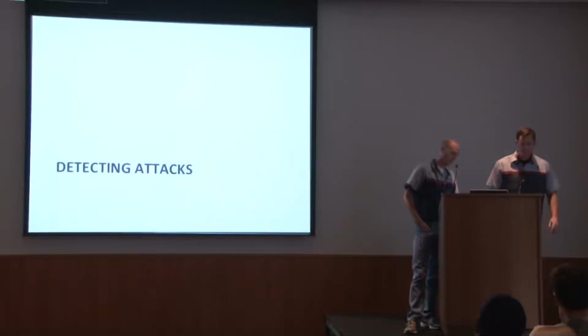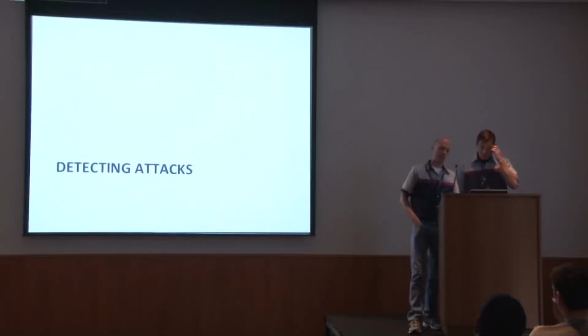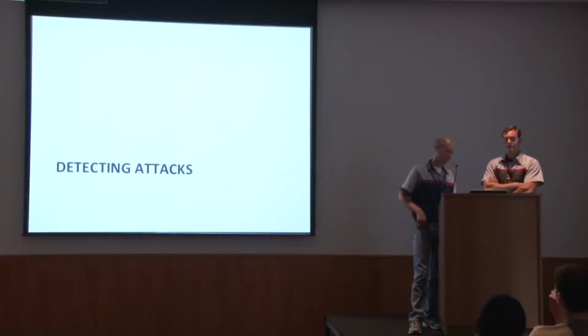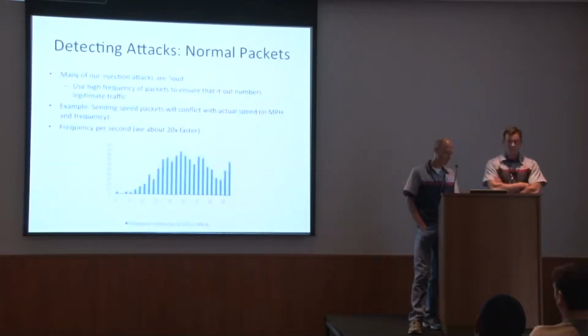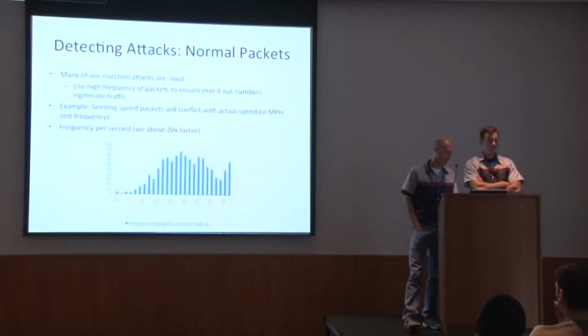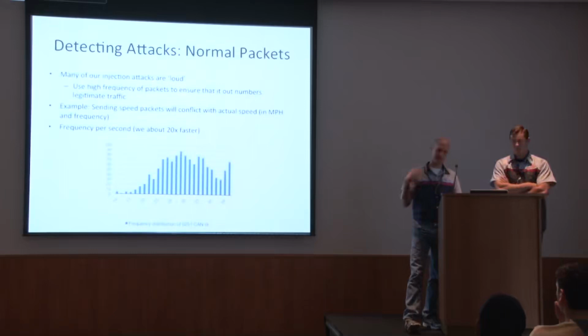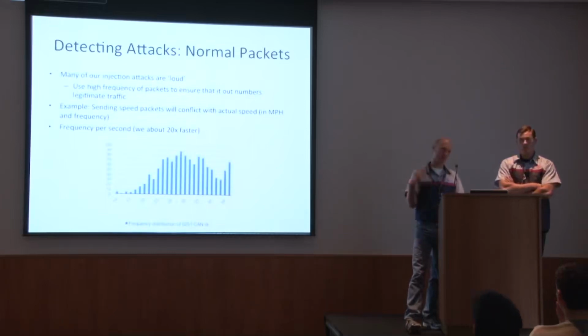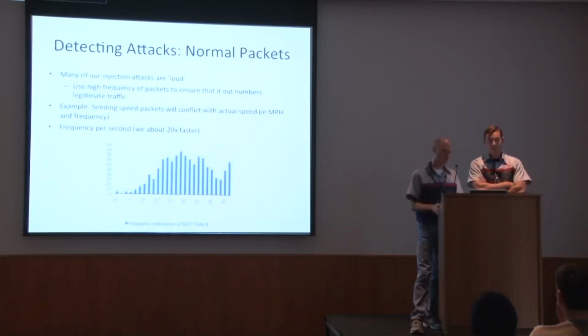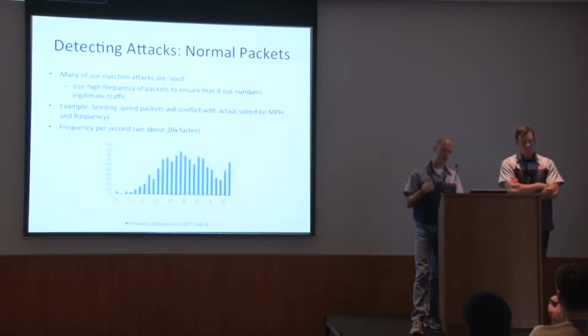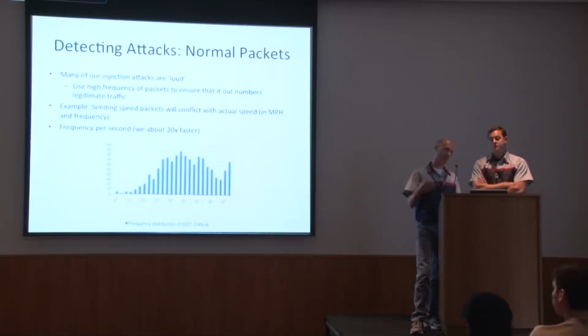So the final thing I guess we're going to talk about is, now that we know this, how you could actually detect these attacks in your own car. It's pretty easy to spot ours. The packets you see are very regular, very expected, nothing unusual. But when we send our attack, it looks very different. It's a flood of packets. The way that we get the car to ignore the real packets and listen to ours is we just flood the network, and then the car listens to our packets.